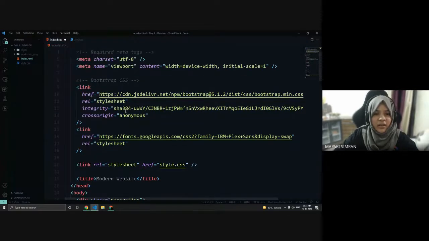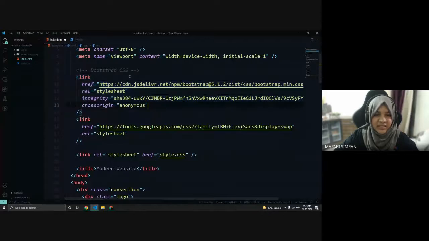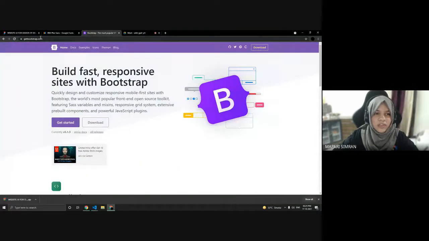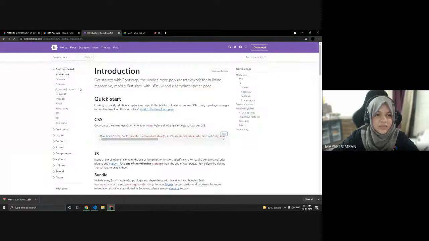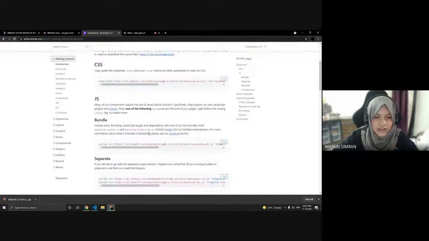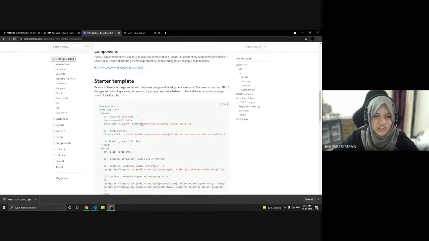After that, I have added a bootstrap CSS link as well. If we want, we'll use bootstrap in this web page also to make work easy. And if you don't know how to do that, just go on the browser to bootstrap.com and get started. In get started, you can just copy paste this starter template and write your HTML in that.